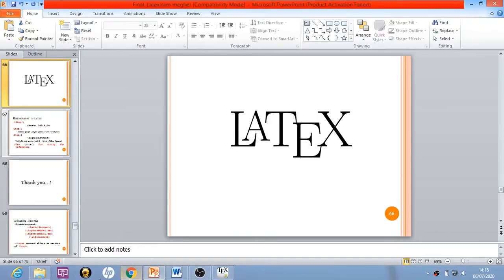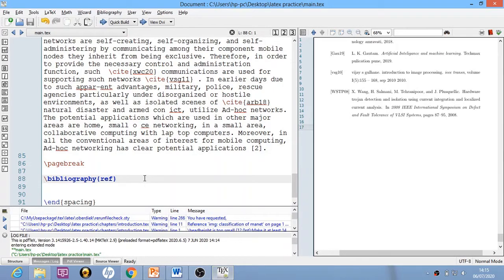So let's head back to our tex document. Over here we can see that we have written \bibliography{ref}, so the ref.bib file is where the bibliography will be taken from. Now suppose you have tried using this .bib file but somehow failed to include the bibliography. Not to worry, there is a very straightforward and simple way to include a bibliography in your LaTeX document. So let's see how we can do it.